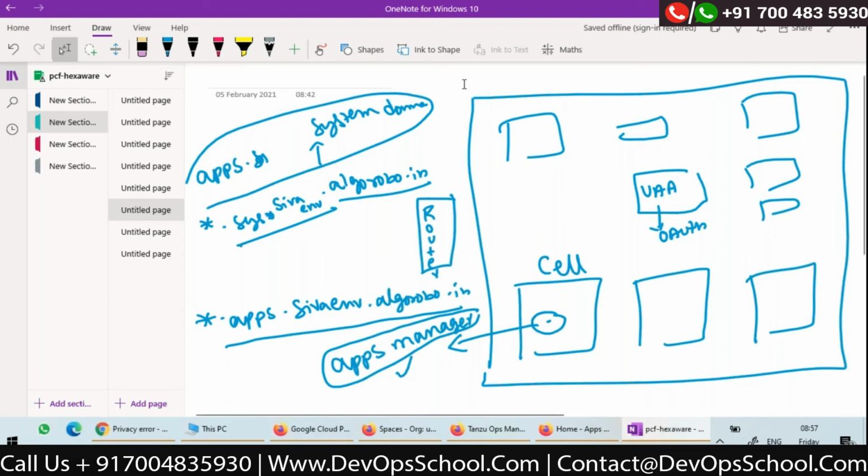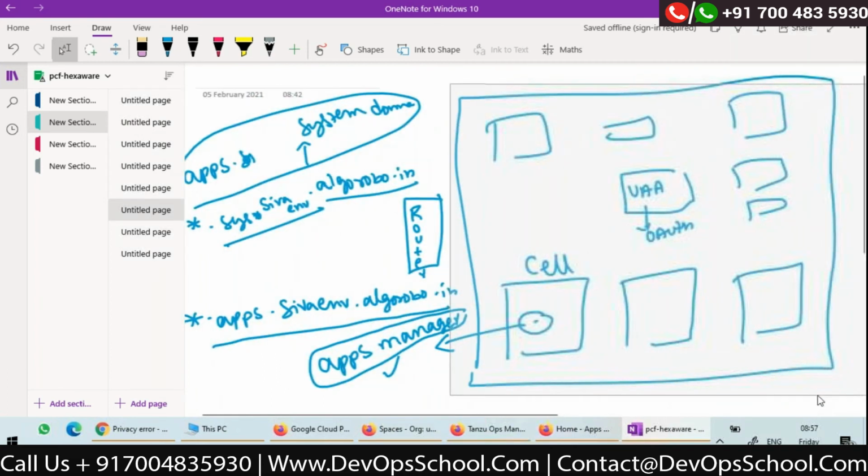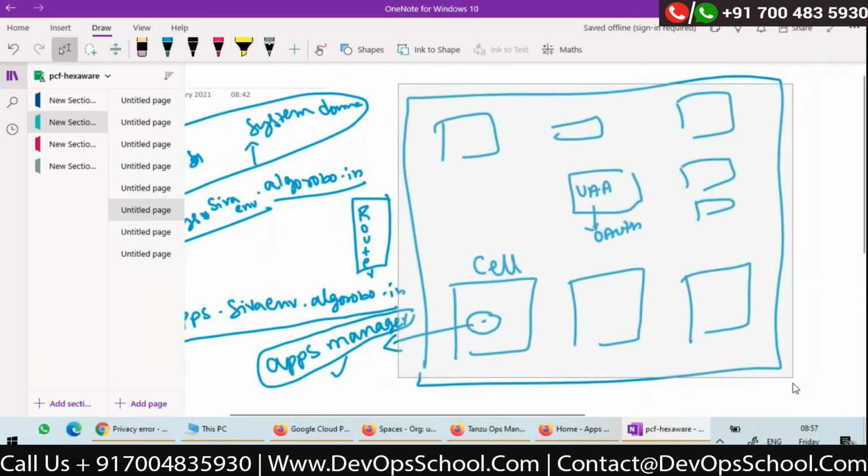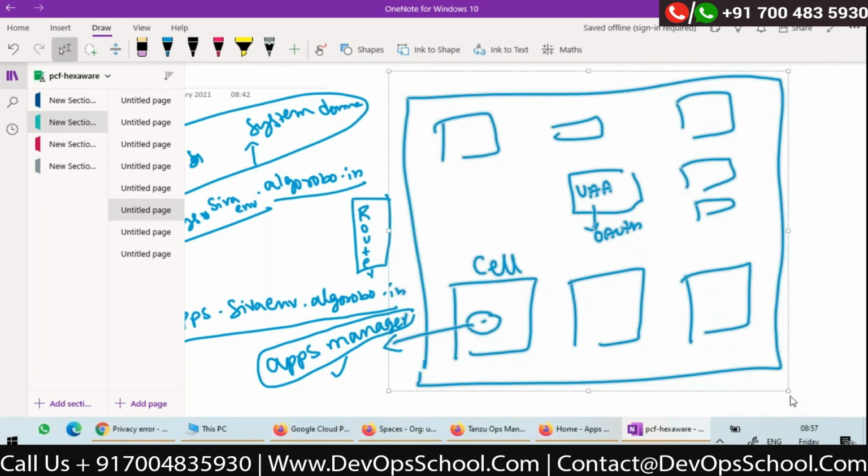You definitely have to pay for the Cloud Foundry license. You definitely have to pay for Google Cloud for your usage. Yes, you have to pay for both infrastructure as well as platform. Correct. So is there any better way? Mostly what you can do is install this Cloud Foundry in your data center itself to save the infrastructure cost.